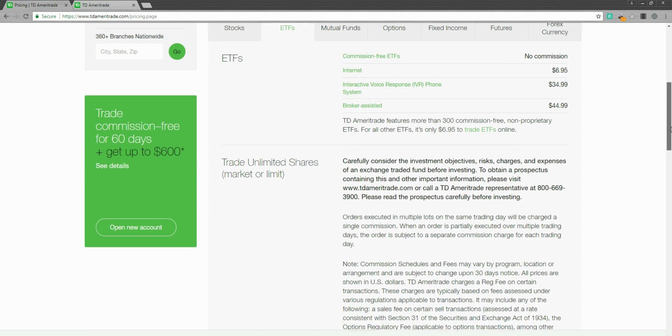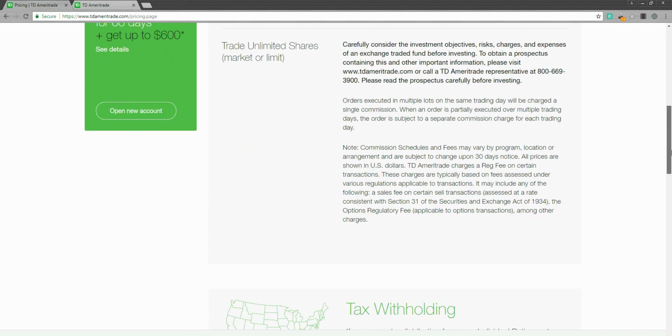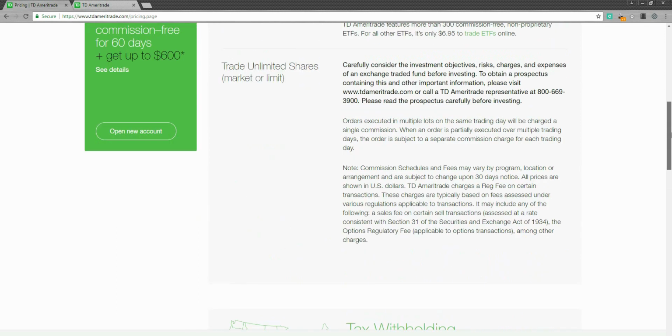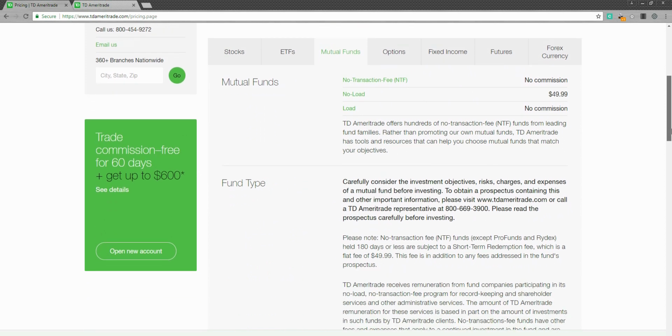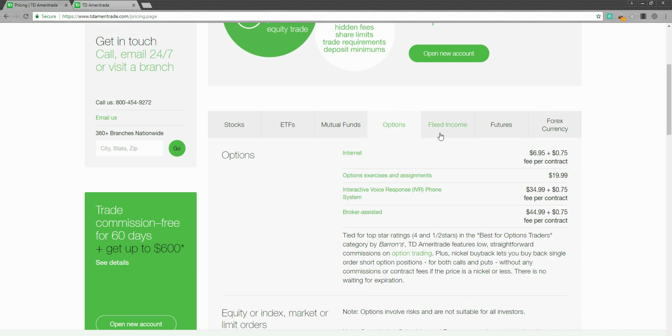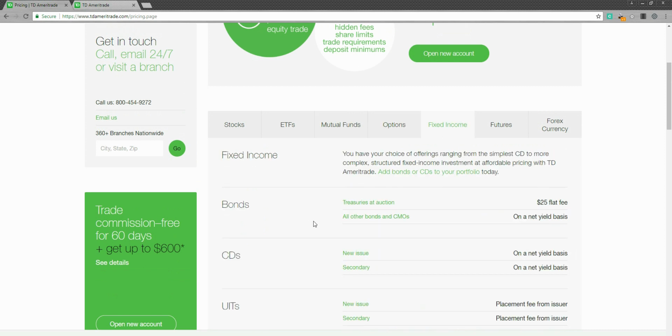Now underneath everything, they give you a little bit of explanation here, so it's not too confusing. They even talk about taxes, which I think is great. Mutual funds, no transaction fee, no load. Basically, no load means no load fee. Load means it carries a load fee. You might want to research that on your own time, but you can see you have access to the mutual funds, options, fixed income,